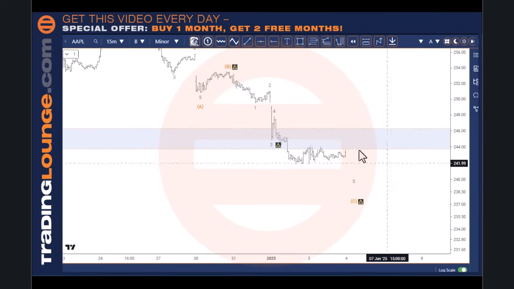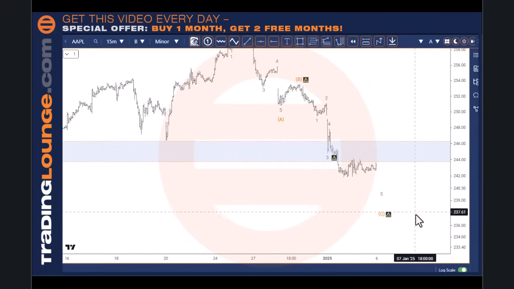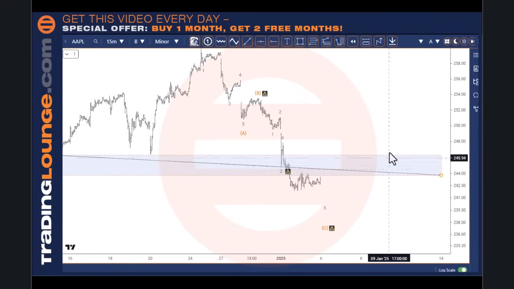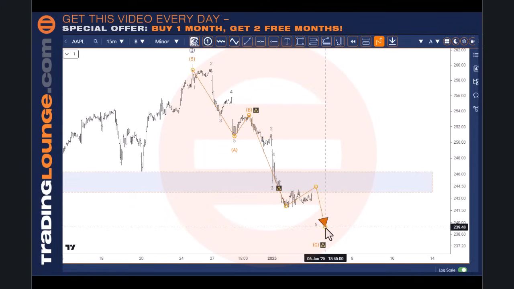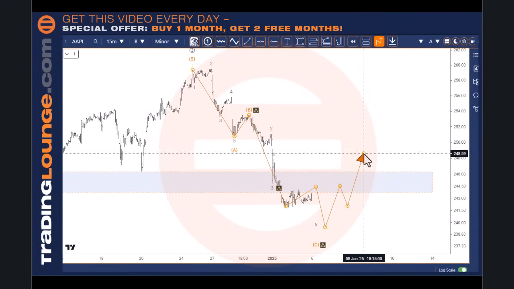So we could be quite close to a low coming into play here, unless this is just the A wave here. I mean, the other way to look at this too, by the way, is a bit of a deeper move in here. So that would be that we have wave 1 here, 2 here, coming down for 3 here, 4 here, 5 here, then an ABC pattern here, and then another 5 down here.